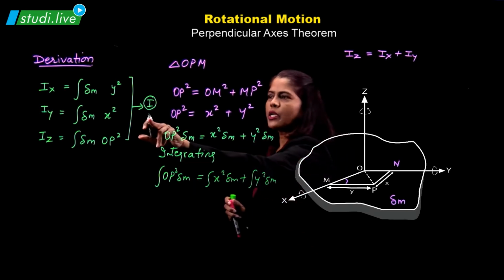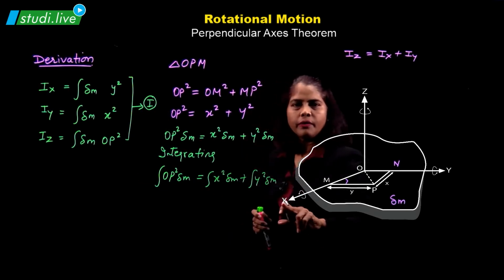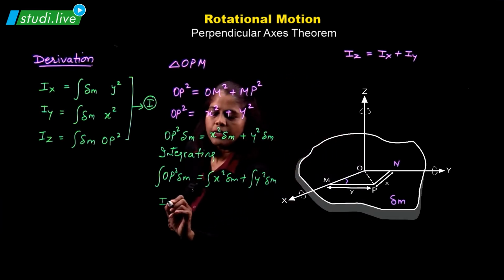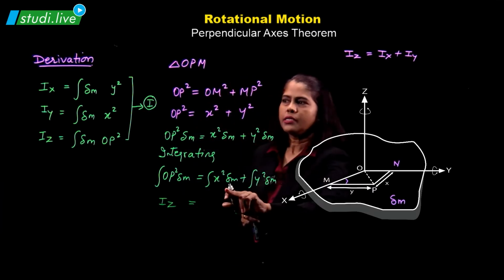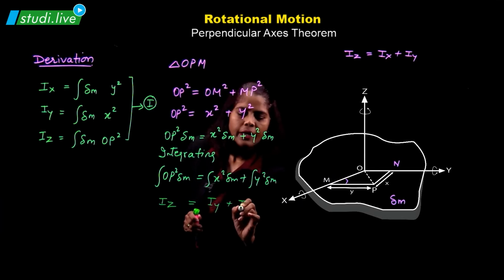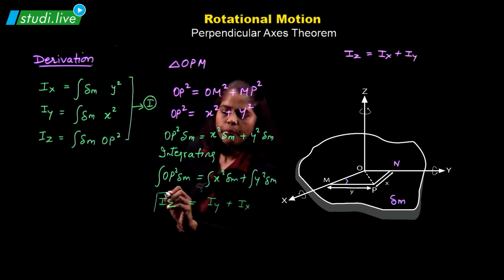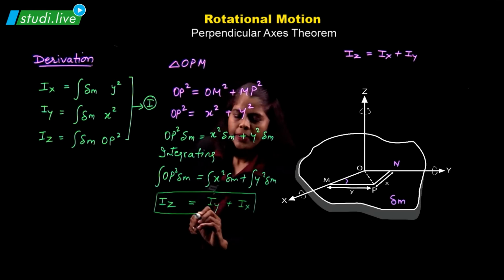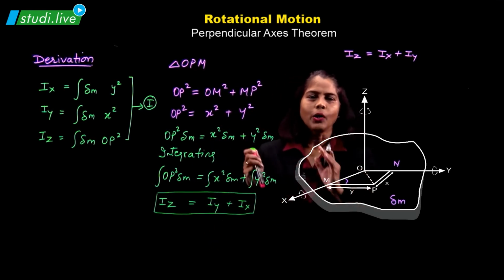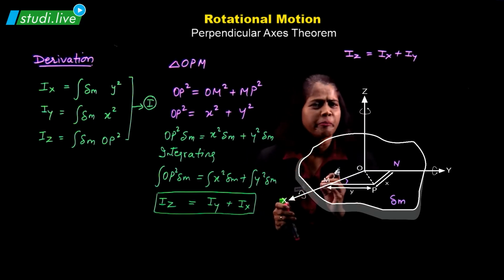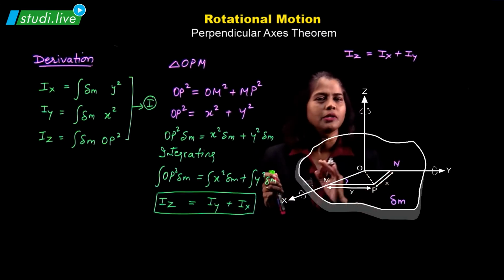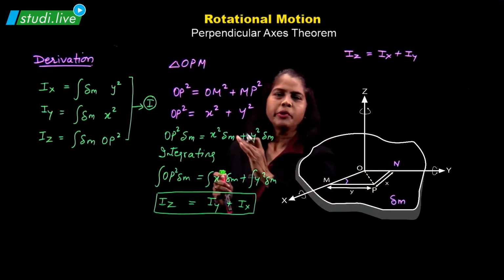Now, as you can see from equation 1, these are all the definitions, right? This is the definition of which one, students, here? Iz. So I will write here Iz is equal to, this is the definition of Iy plus Ix, which is the proof of the perpendicular axis theorem. Have you all understood? Now, in this case, the very small part you have to remember is the right angle triangle,